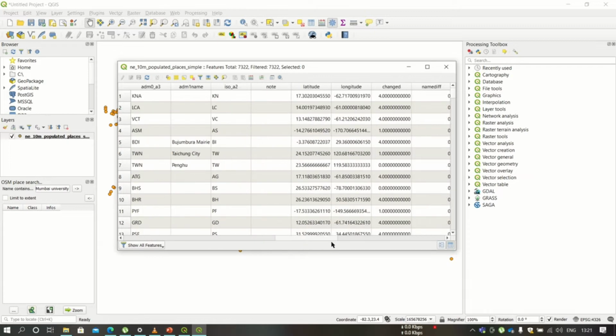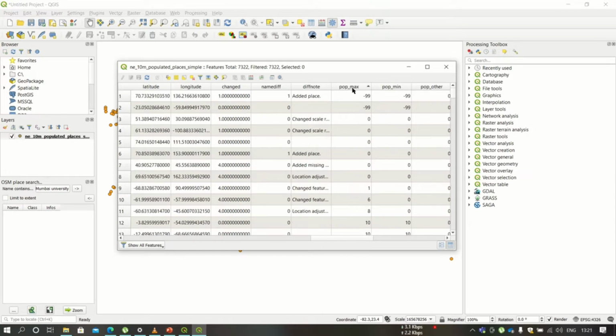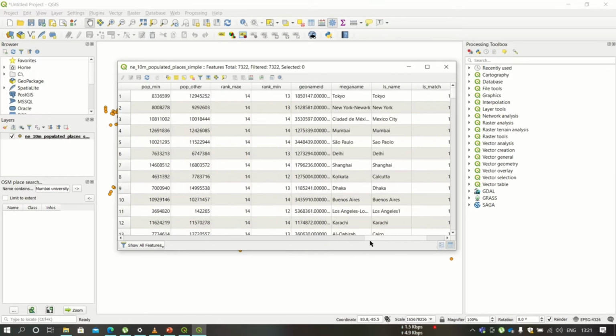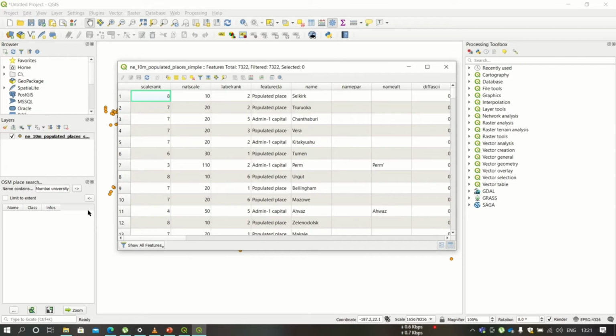You can click on the columns and you can see them ascending and descending in terms of the values of these attributes.